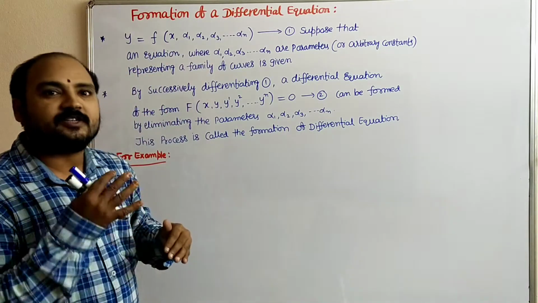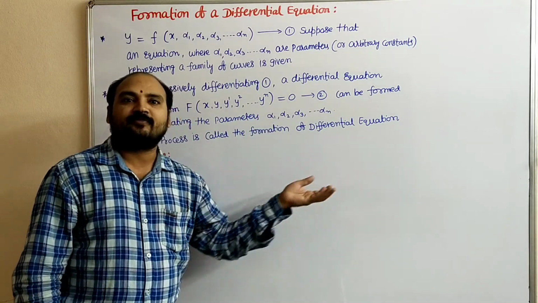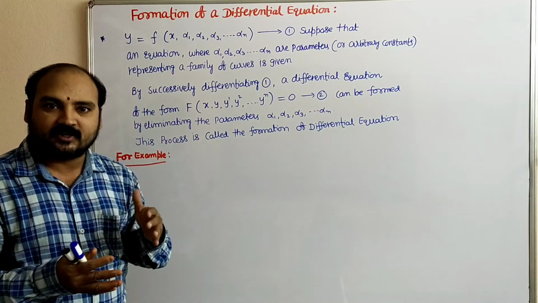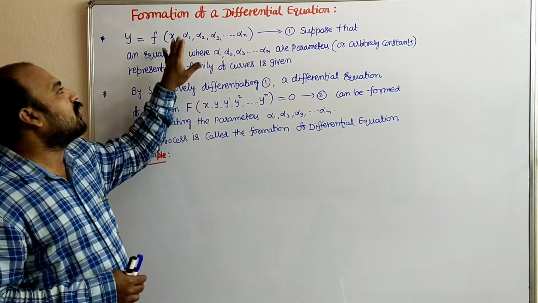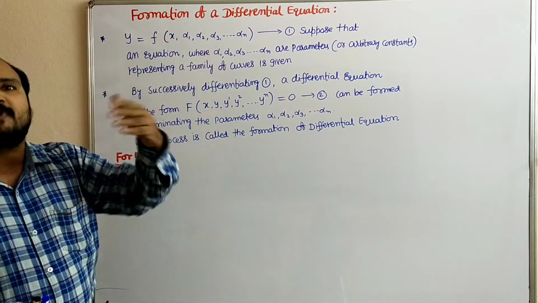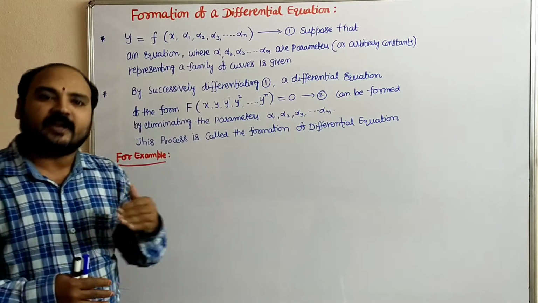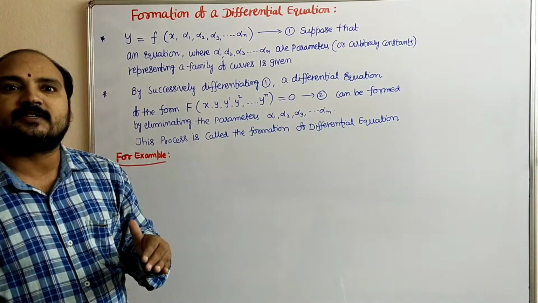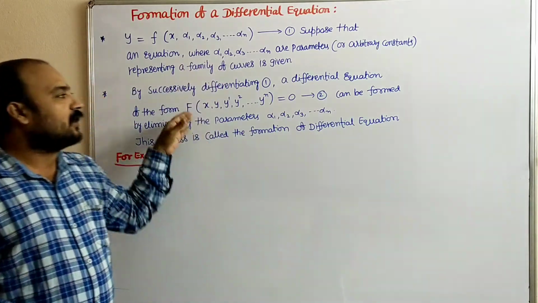We have to differentiate twice. First time you have to differentiate and eliminate, and second time also differentiate. After that, from these equations you can solve and simplify and eliminate the arbitrary constants alpha 1 and alpha 2 respectively. Suppose if 3 arbitrary constants are there, 3 times you have to differentiate and solve the equation simultaneously and eliminate the respective arbitrary constants and get the answer.